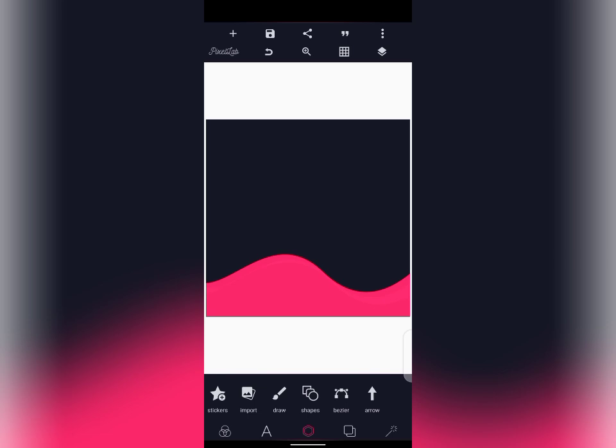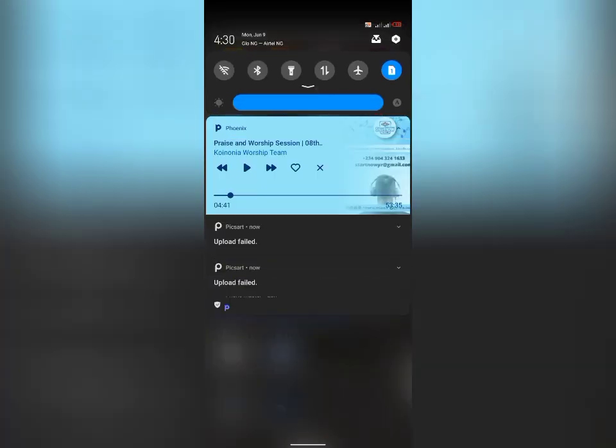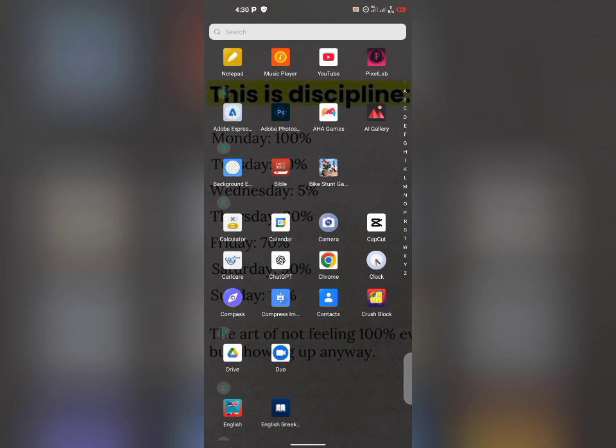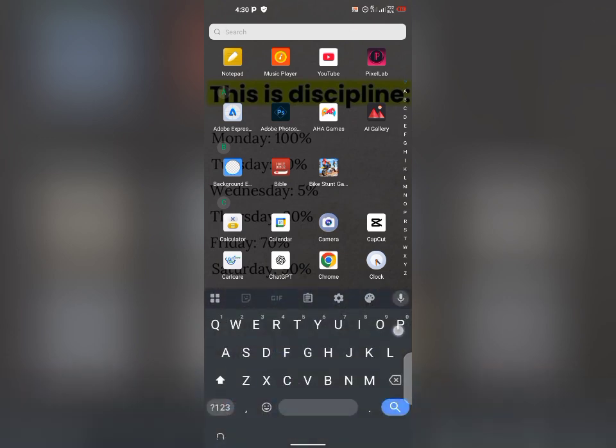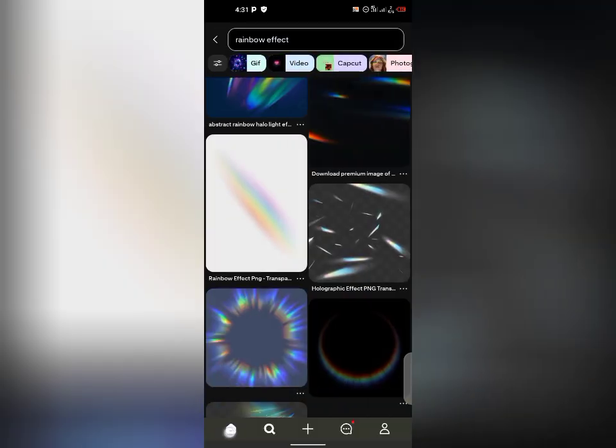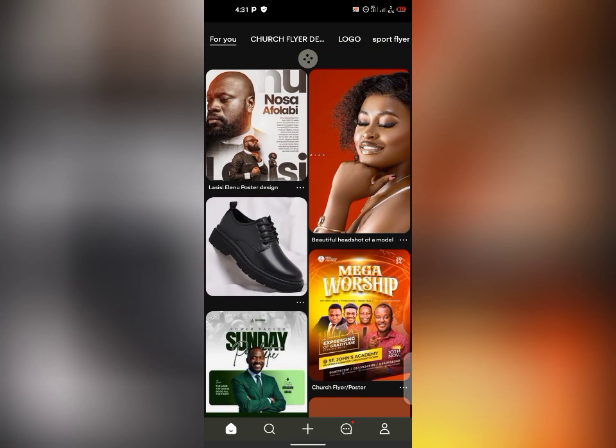Is it a party flyer? Depending on the thing that you're doing. So for instance, if it's a church flyer, this is what I advise you to do. Okay, I think we've talked a lot about church flyers, but if it's a church flyer or a party flyer, this is what you do. Just go to Pinterest. Pinterest is an app that helps graphic designers to